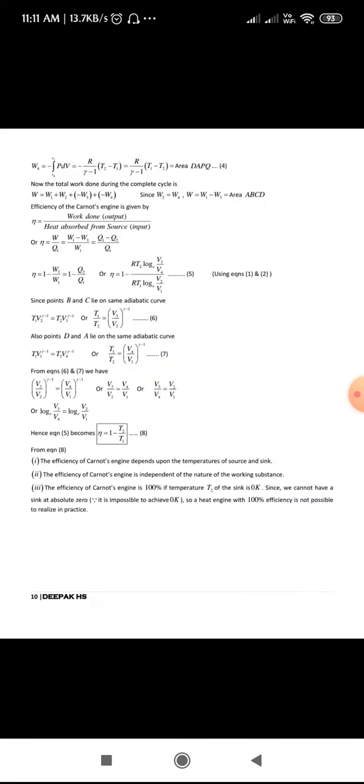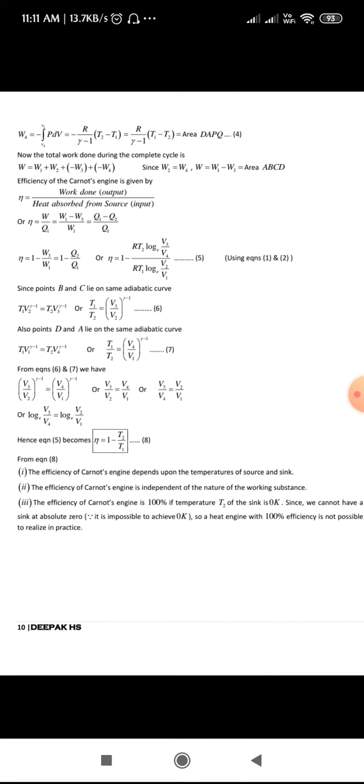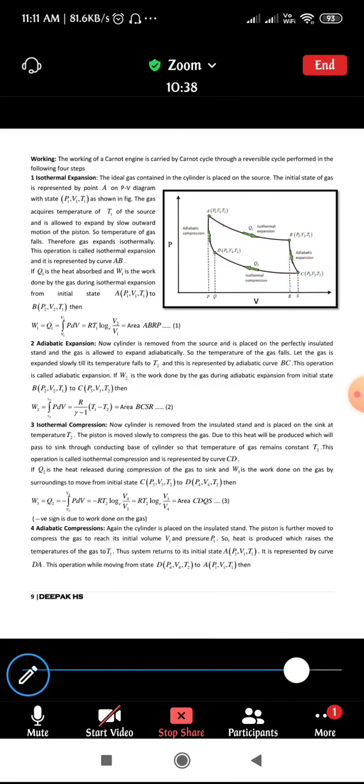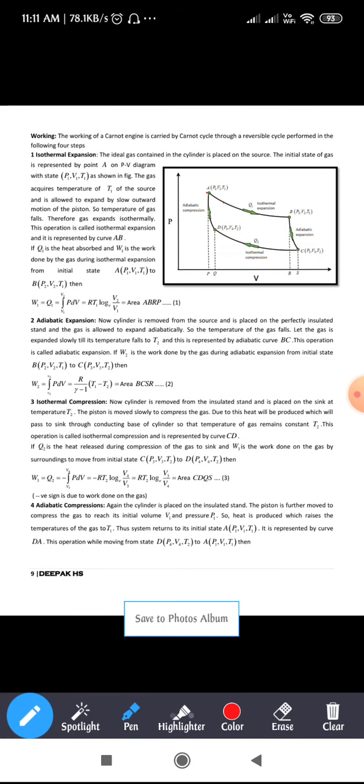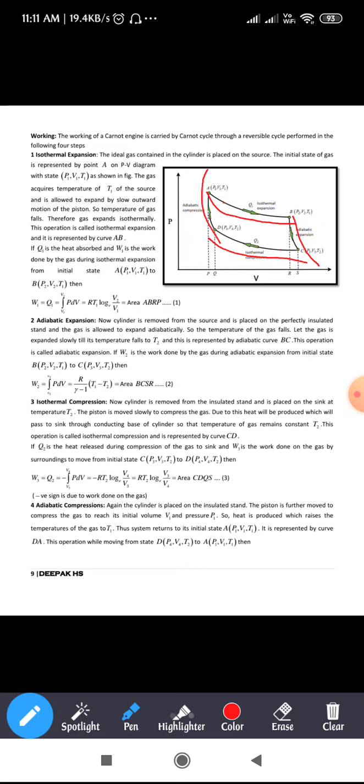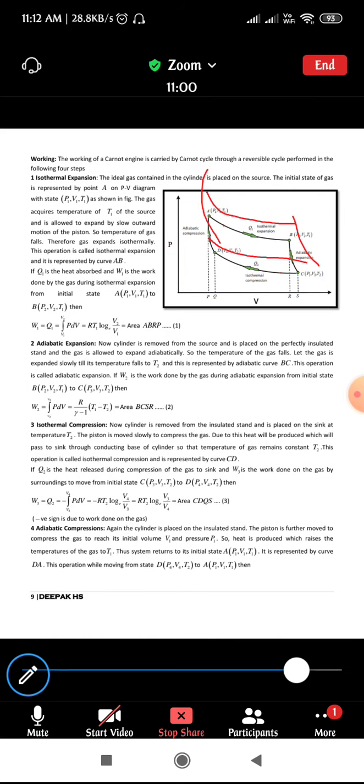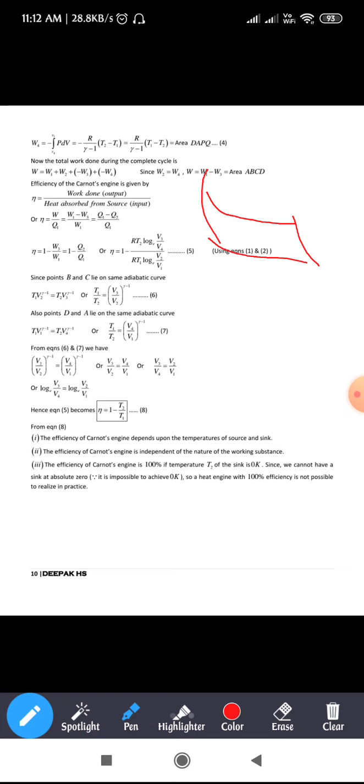Okay, fine. So next, coming to the mathematical step. Now the total work during this complete cycle. One complete cycle from A to B, in the PV diagram you can see the system underwent isothermal expansion from A to B. From B to C it underwent adiabatic expansion. Similarly from C to D it underwent isothermal compression. From D to A it underwent adiabatic compression. So this is one cycle of operation, one cycle of working of a Carnot cycle.